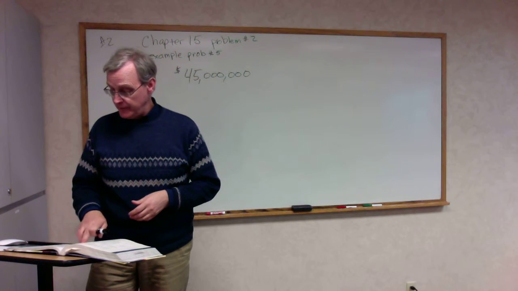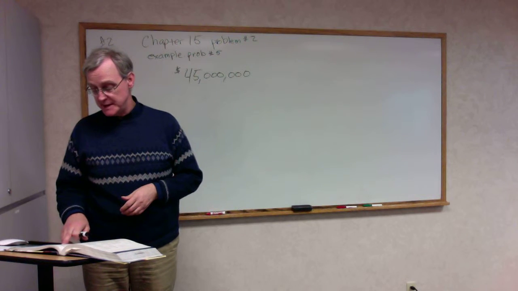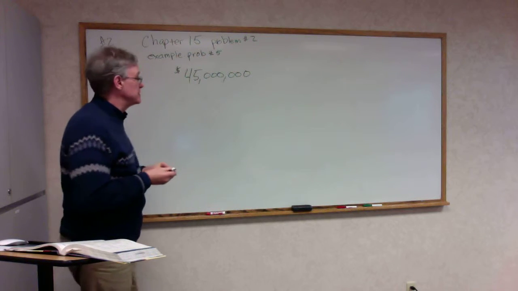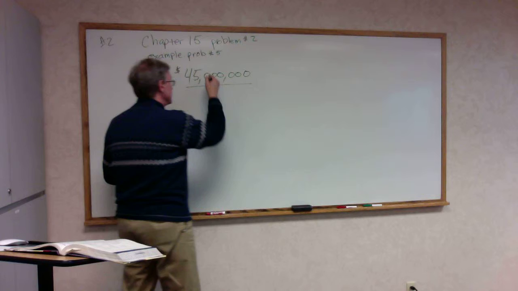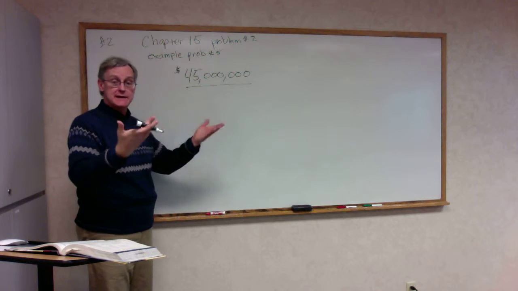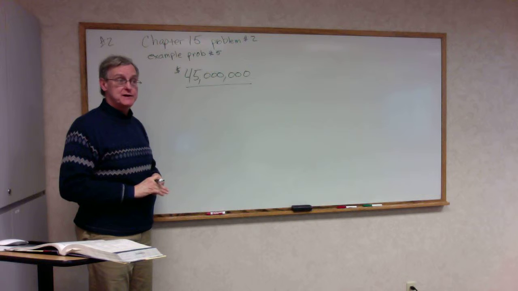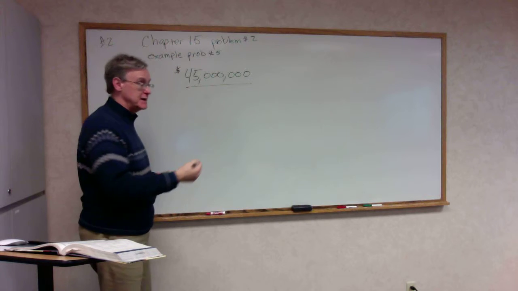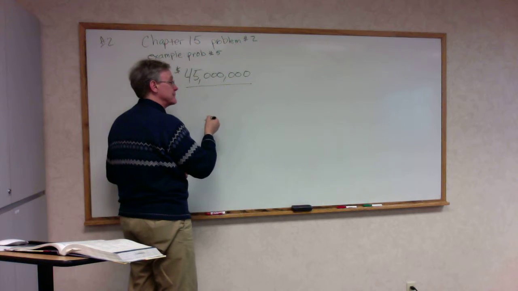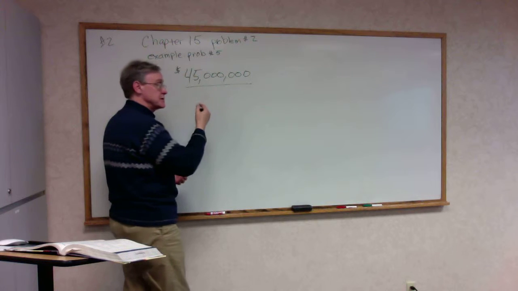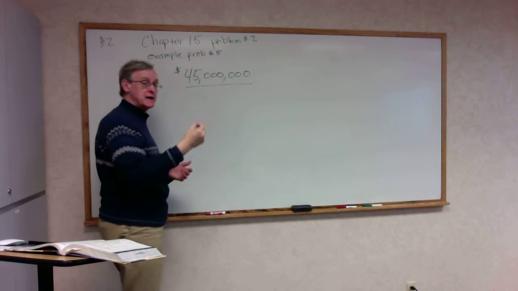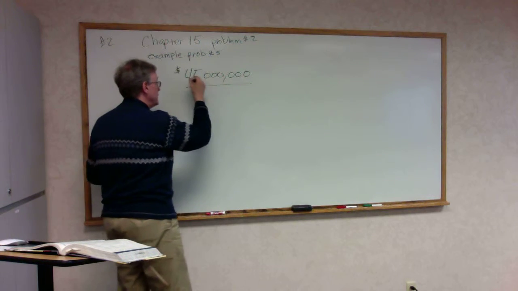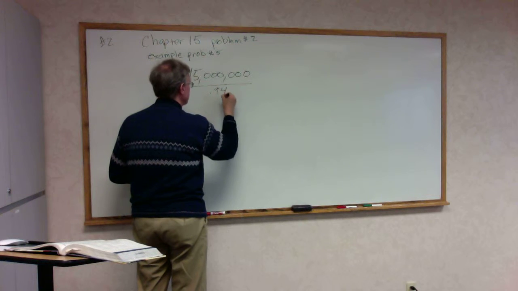So notice what I'm going to do here. We have a 6% charge the underwriters are going to charge. $45 million is what we need to have left over, so we need to do a little division problem to find out what number minus 6% would give us 45 million. The way to do that is to take that number, 45 million, and divide it by 0.94. That's 100 minus 6% is 0.94. So 45 million divided by 0.94